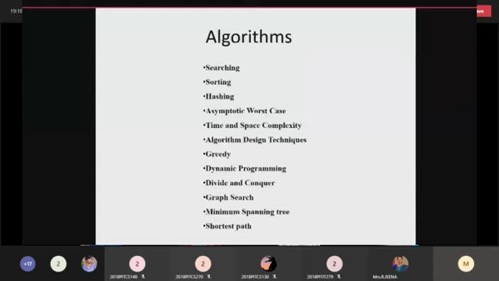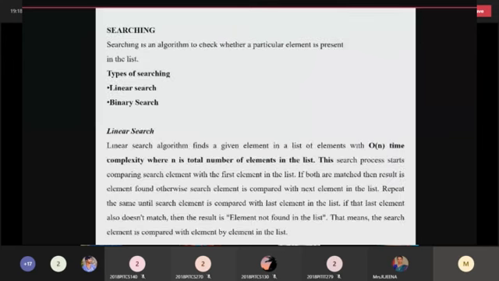An algorithm is a way to store and retrieve the data in the data structure and memory. That is the concept of an algorithm. Each and every algorithm has a different purpose. So here, searching algorithms are mainly used to search for an element in the memory space, whether the particular element is present in the space or not. If it is available, it will be displayed to the user. So the element is present, or the data is present, or the video is present, or the audio is present.